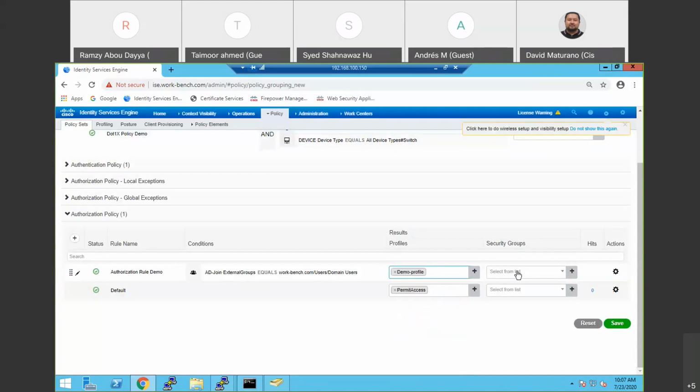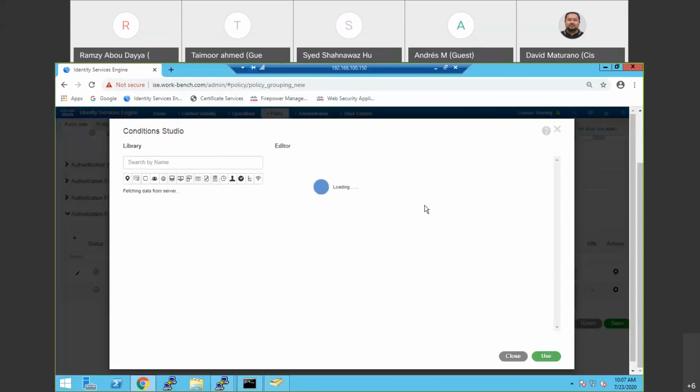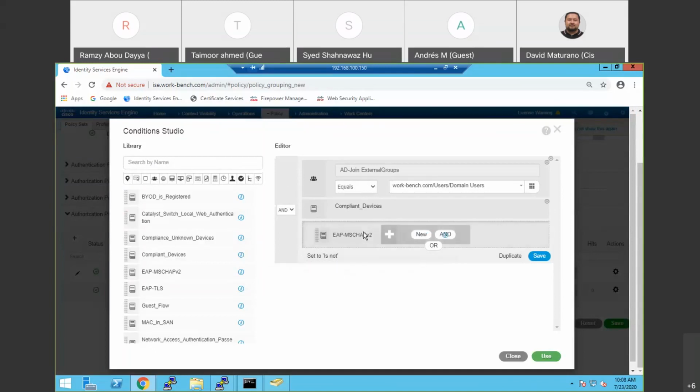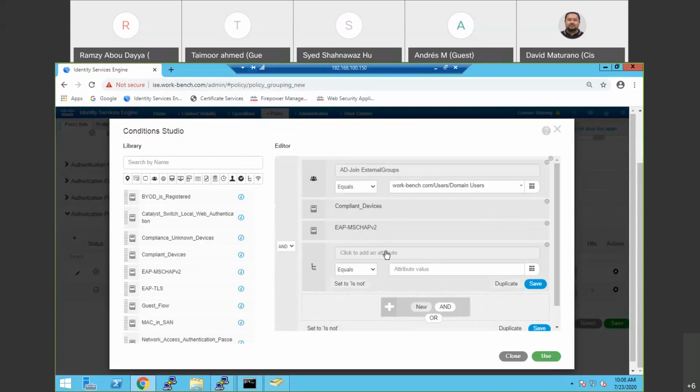Now, this is the security group tag that Ramsey was talking about. In addition to what he was saying, let me just extend that security group tag. Here you can place an external tag on an external parameter on the basis of which you can make decisions later. For example, with one condition here, I need to see if the device is a compliant device, if it is using EAP-MSCHAP as well, and what else? If it is using